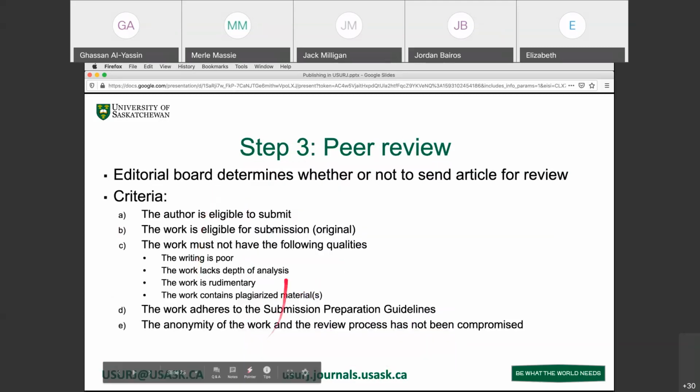What you see here is exactly what we give to our editors. When our editors receive your work, they will follow these criteria to determine whether they will send your work for peer review or send it back. Okay? So we don't have a lot of requirements, but there are some important things that you have to pay